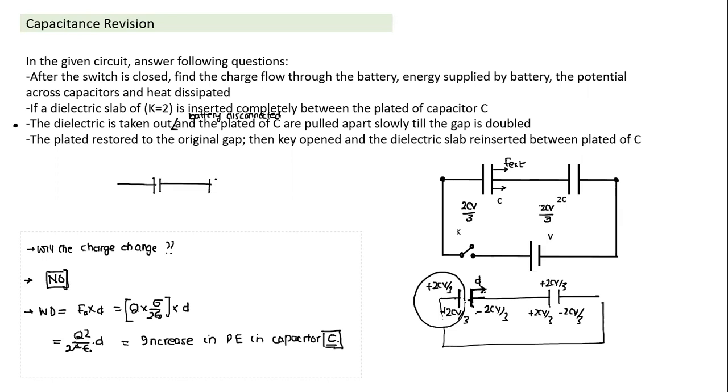Three capacitors were there, and some charge. What happens? One key is open, the other key is not open. So all such questions depend on a key point. What you have to keep in mind: charge on one plate alone cannot change. If the charge on one plate changes, the opposite plate also has to change charge. Then only will charge flow take place, and that's the condition. So for any questions involving work done and heat transfer, these are things we can keep in mind.